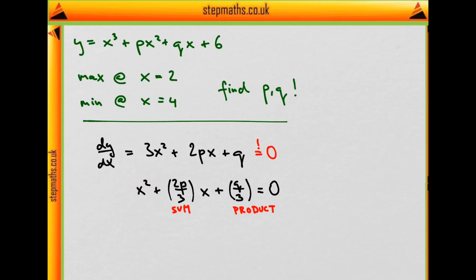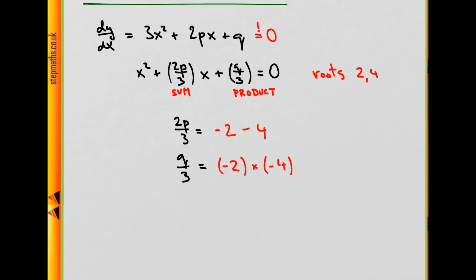And we know that for a quadratic equation in this form, the linear coefficient is the sum of the negatives of the roots, and this constant coefficient is the product of the roots. And because we know that the two stationary points are at x equals 2 and x equals 4, the roots have to be 2 and 4. So we can write these two facts in two equations, one for p and one for q, and solve for these two constants, which we are supposed to do. And that gives us that p equals -9 and q equals 24,